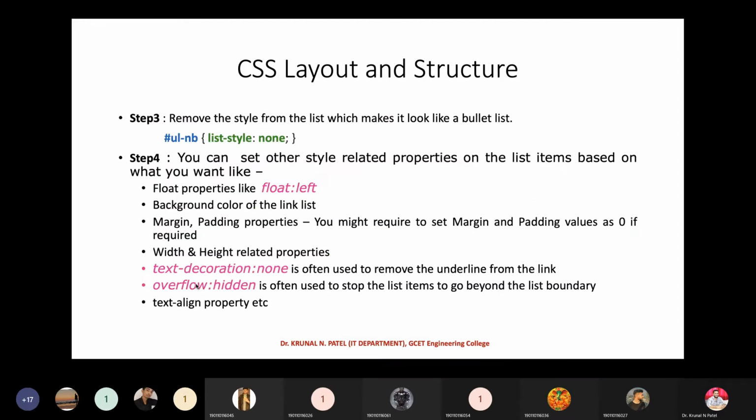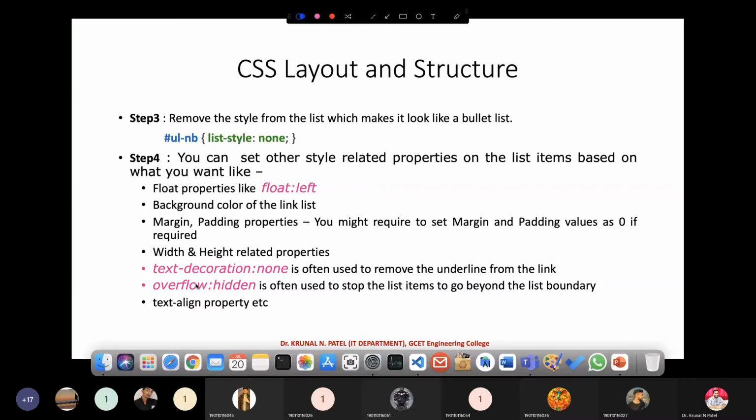Okay, so here now as you see that we have generated ID, right? ID is equal to has ul, unordered list. So now by default the list will generate like this. Okay, but I don't want that. I don't want this styling. So what I can do is set the list-style property and provide the value as none. So without any bullet points, your list is going to be generated.